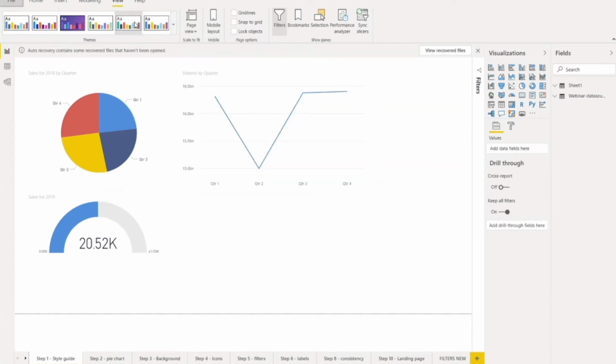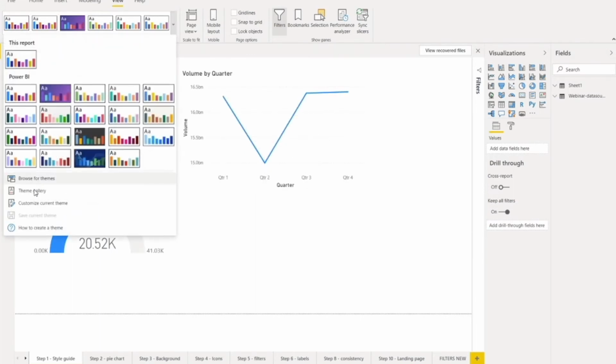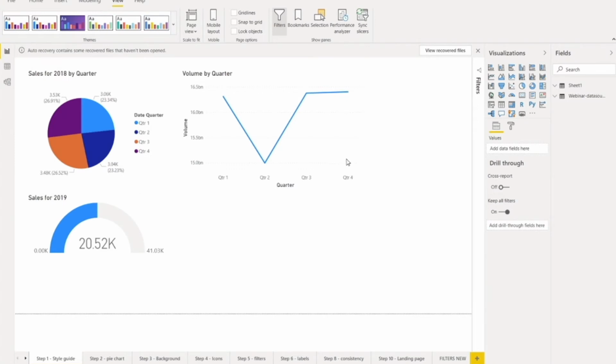So you can either play around with the existing predefined themes, which even have nice names like City Park, Classroom, or you can take the one